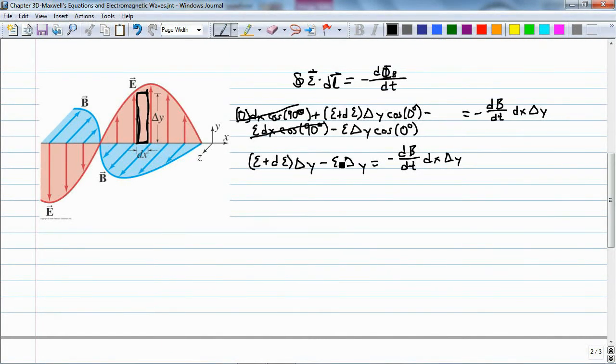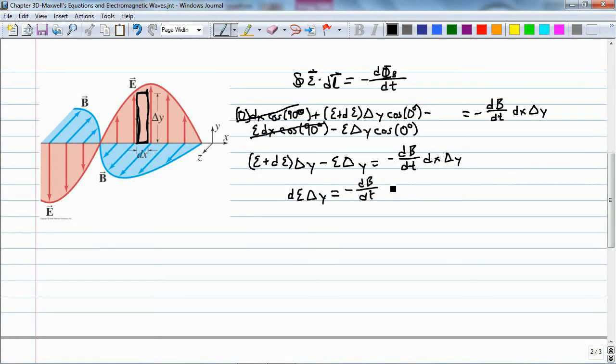And notice that the delta y's are going to go away. I'm going to have E minus E, so I'm going to just have delta E, we'll put in delta y here just to write it out a little bit, equals